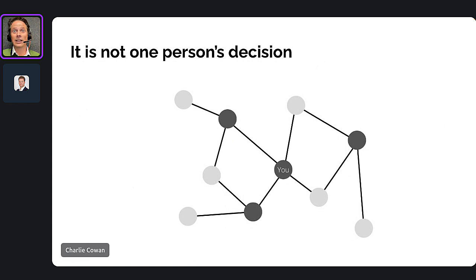So there's lots of different people involved, but also the vast majority of those micro decisions that lead towards choosing your solution, you're not even involved with as a seller. They're those internal conversations that happen between influencers and those that are interested in the solution.